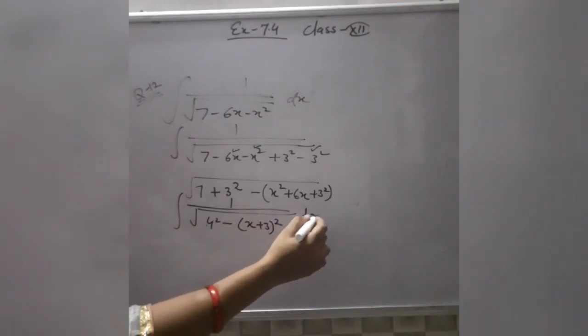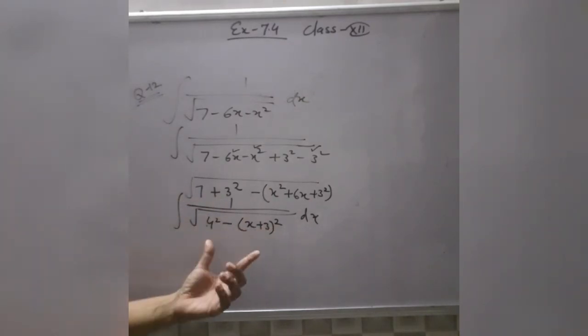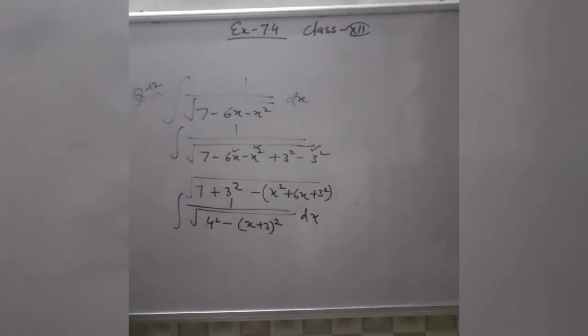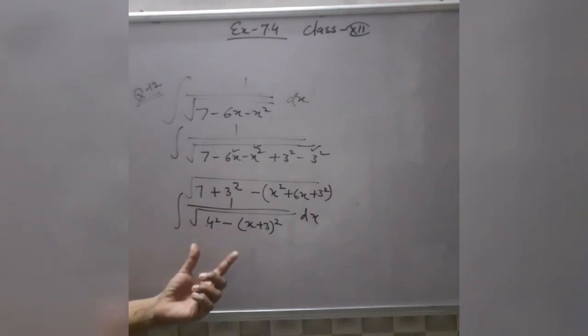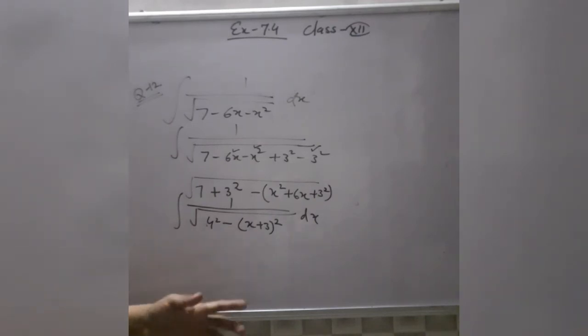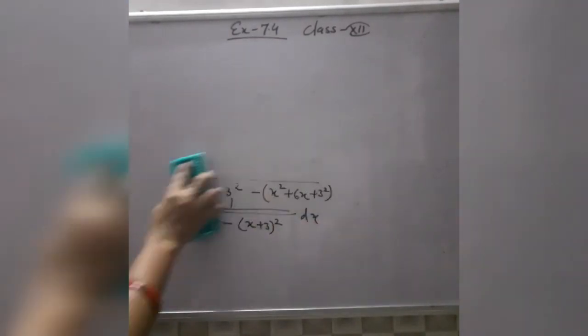Now you will find out the integration of this. If you see very carefully here, this is the form of 1 by root a square minus x square. So you will use the formula for this form, and after that you can put x plus 3 equals t, and find the integration in terms of t, and in the last step in place of t put the value of t, which equals x plus 3. So this is question number 12. Now see next question, question number 13.